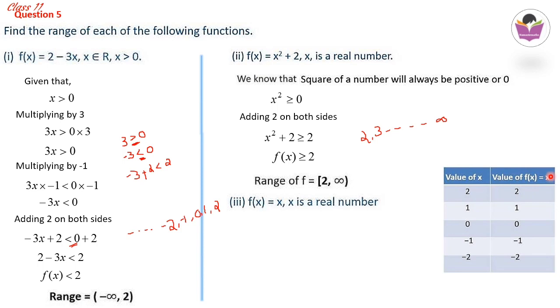f of x is equal to x, that's why. Then 1 if you give, your output also will be 1. If you give 0 input, your output will be 0. If you give a negative 2, your output will also be negative 2, because f of x equal to x. So here range of f of x is all your input values. All your input values means x is a real number. Whatever input you give, the same input is coming as output. That means real numbers if you give, the same real numbers are coming as output. So that will be your range. So range of f of x is R, real numbers.